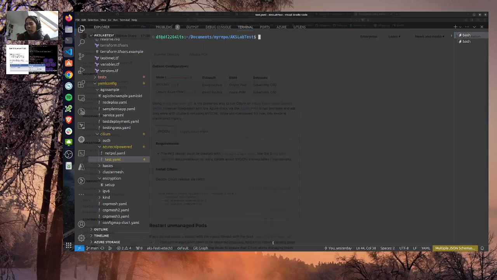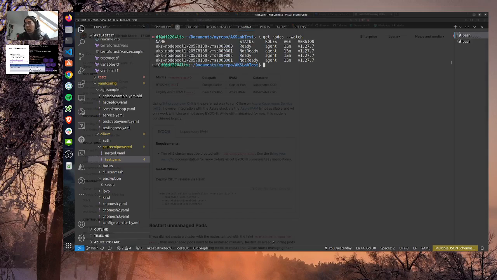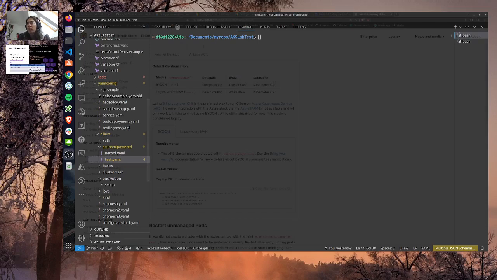So let's do a get nodes again, but this time with the watch parameter. You can see that two are ready and one is not ready. So we'll need to wait for that and see what happens afterward. Let's wait for it. Is it ready now? Get nodes. They are all ready.